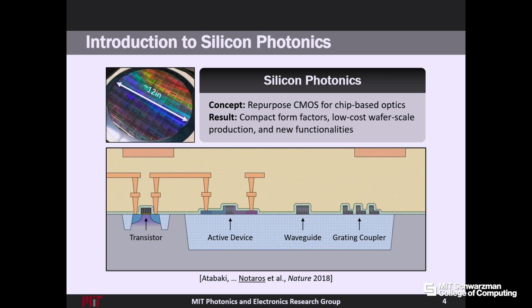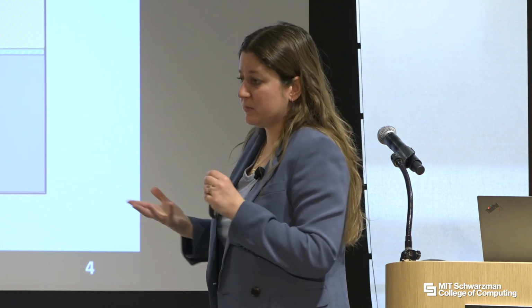So for example, here you would see a cross-sectional view of a silicon photonics optical waveguide. What this is going to look like in this cross-sectional view is a little rectangle. If you actually took a top-down view on your chip, you'd have that little rectangle as a long strip on your chip. And if you took electromagnetics at some point in your engineering career, you would have learned that if you have this strip of dielectric material, and you put in some electromagnetic wave, in this case an optical wave, into that waveguide,